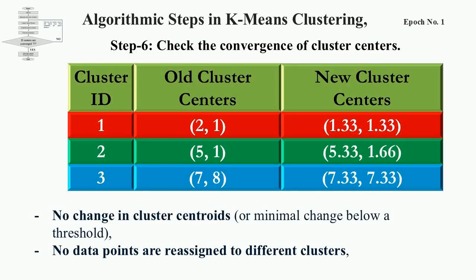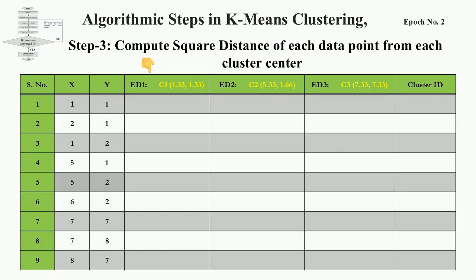Now, at the end of epoch 1, this is the old and new cluster center scenario. As the cluster centers are not converged, take these new cluster centers and repeat from step 3 to 6 as part of epoch 2. The same data points are taken in a table, with cluster center C1 as 1.33, cluster center C2 as 5.33, and cluster center C3 as